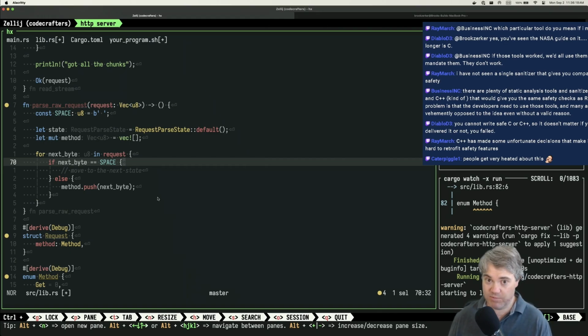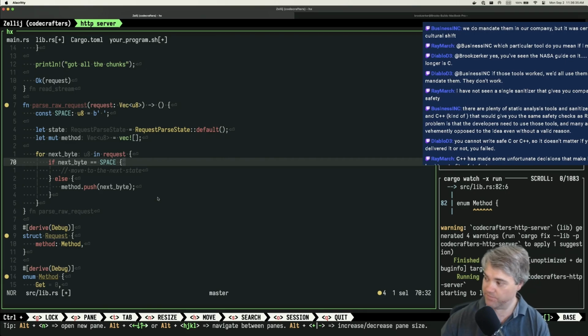Whereas with C or C++, every library that you pull in and use has to be checked by the developer or the community individually. You can't trust that some other library is written in the same format and way that you wrote it yourself. There are plenty of static analysis tools and sanitizers for C and C++ that would give you the same safety checks as Rust. The problem is that the developers need to use those tools,